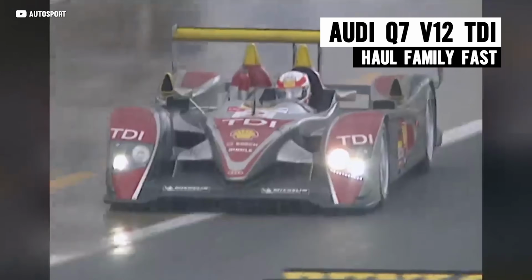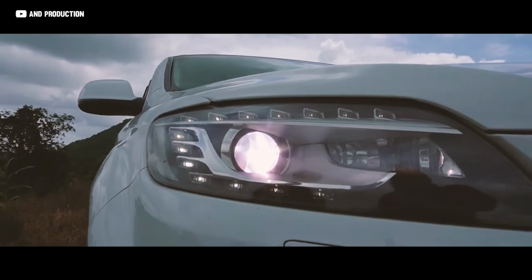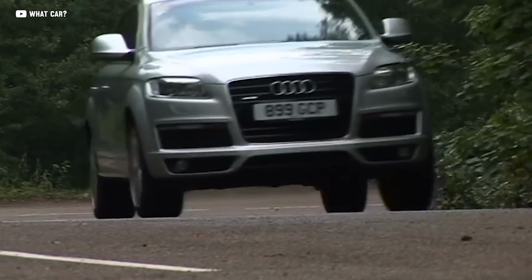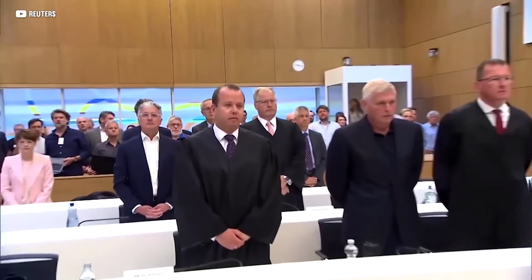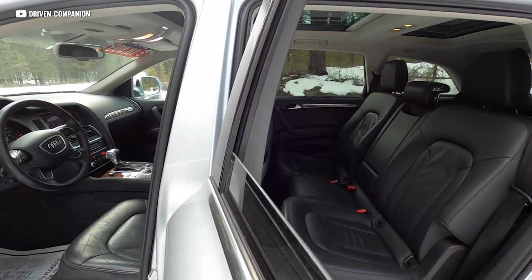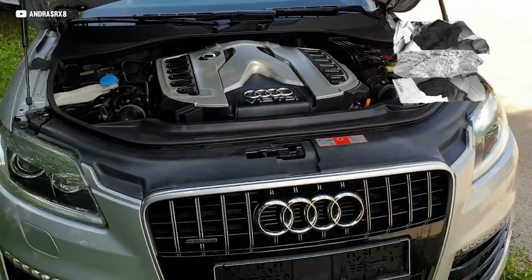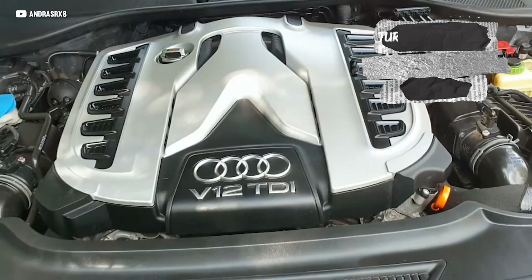You're gonna need it. Yes, you've heard about Audi's TDI diesel powered race cars, yeah? Well, in 2006, Audi was primed and ready to launch their first SUV, the Q7, and they wanted to make a belly flop splash. They wanted to do it with their clean diesel technology, which, yeah, we all know how that worked out. Regardless, in a stroke of either genius or madness, we'll let you decide, Audi stuffed a 6-liter twin turbocharged V12 diesel power plant into their new